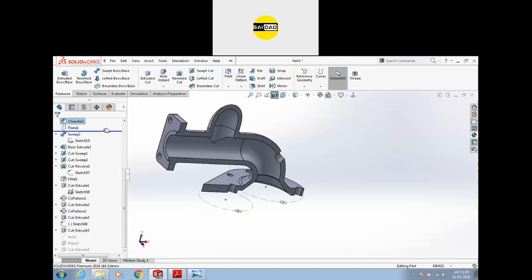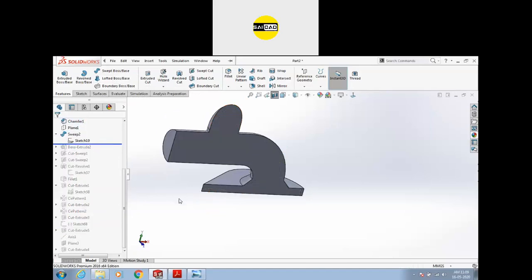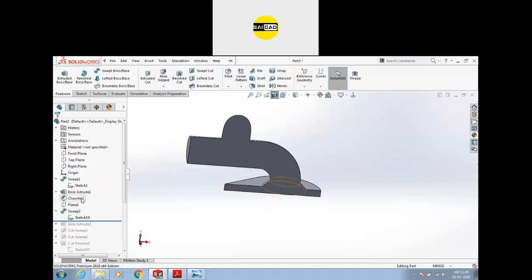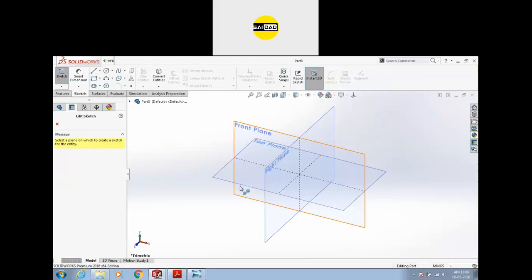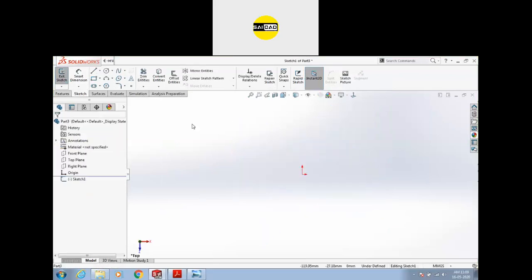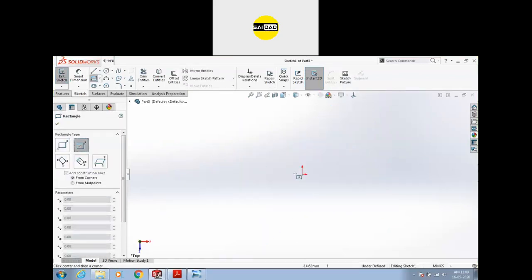So I'm going to use this shape again. Okay, I'm going to click the sweep. I'm going to use this. Okay, so I'm going to create a new sketch and create a shape here.